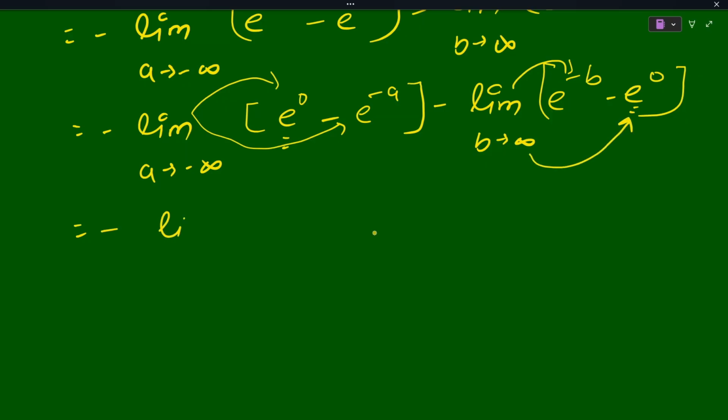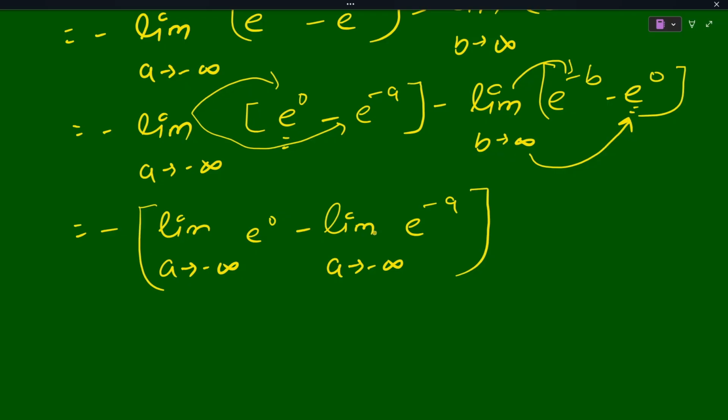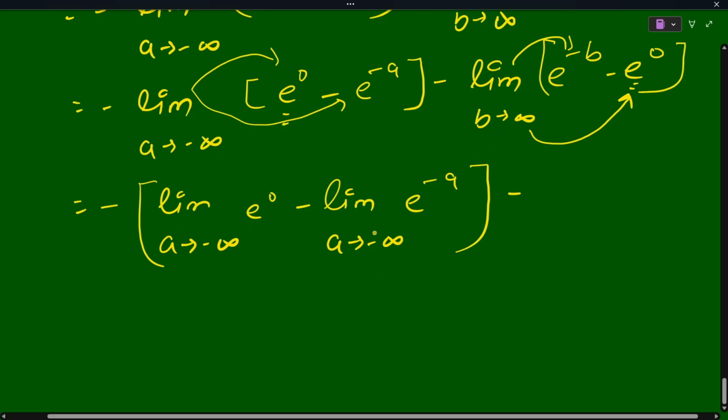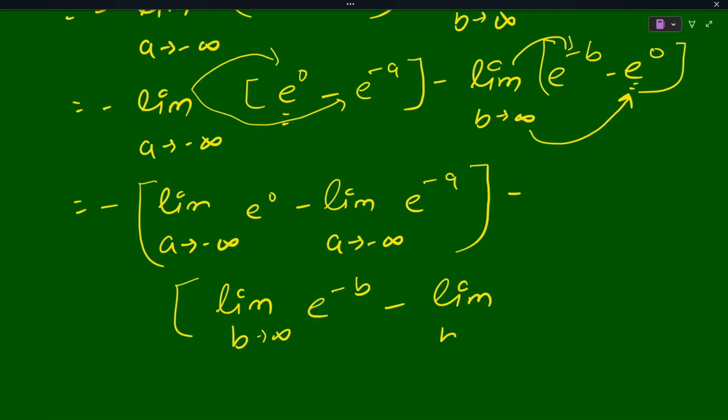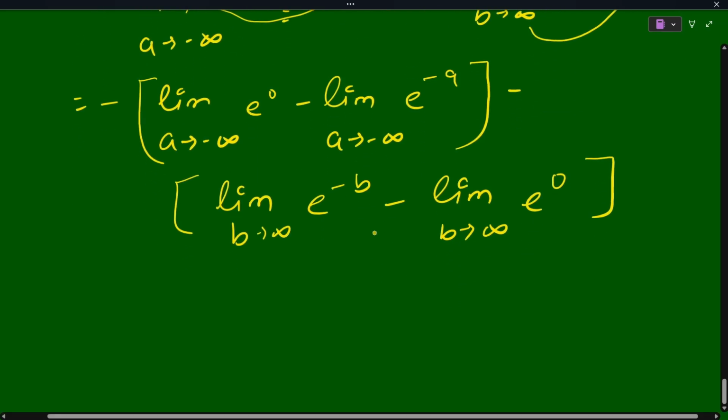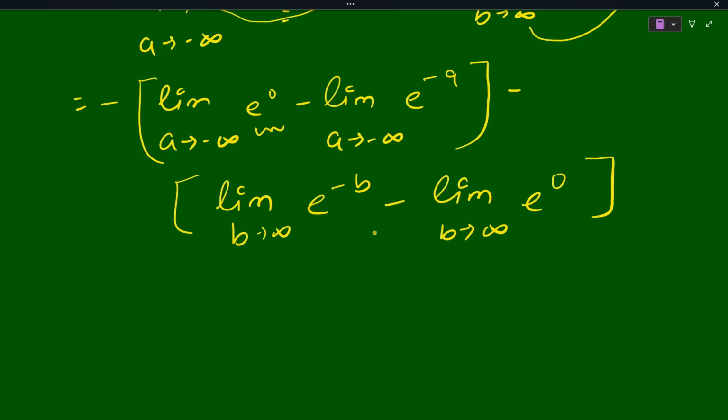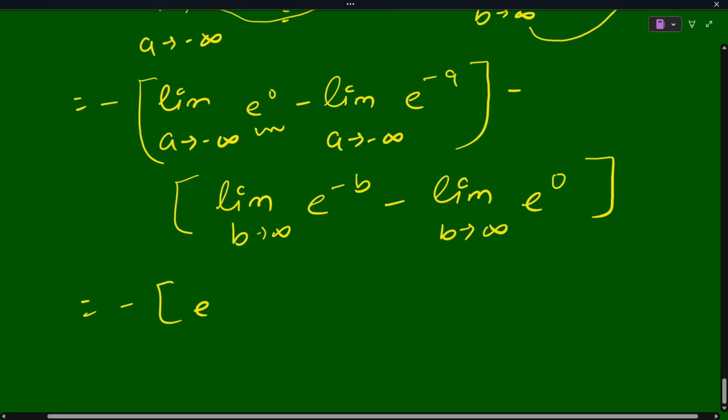So this value is limit a tends to minus infinite e to the power 0 minus limit a tends to minus infinite e to the power minus a, and the bracket closed because minus sign is outside. Okay, then minus this part is limit, also I am also taking bracket here, it is e to the power minus b minus limit b tends to infinite e to the power 0. Okay, now see here this e to the power 0, there is no a terms here. Okay, so limit a tends to minus infinite won't work, so this value is simply e to the power 0,